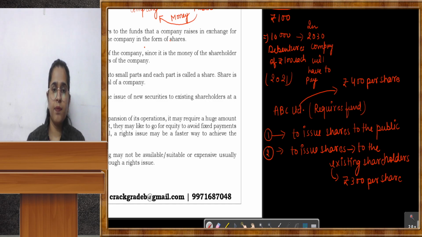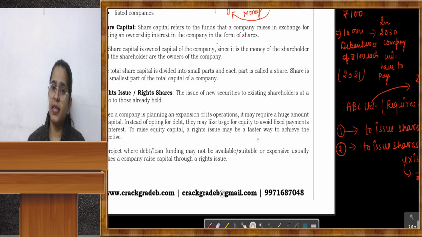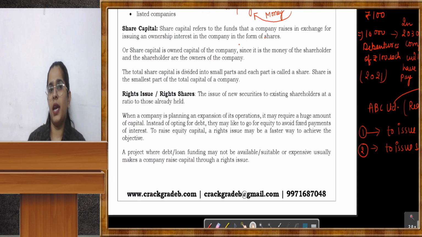Okay, so this is known as a rights issue, when you give the right to existing shareholders of the company to purchase more shares from the company. What they are saying is the issue of new securities to existing shareholders. You have to note the terms: new securities. New shares are being issued to existing shareholders, the people who are already shareholders of the company, at a ratio